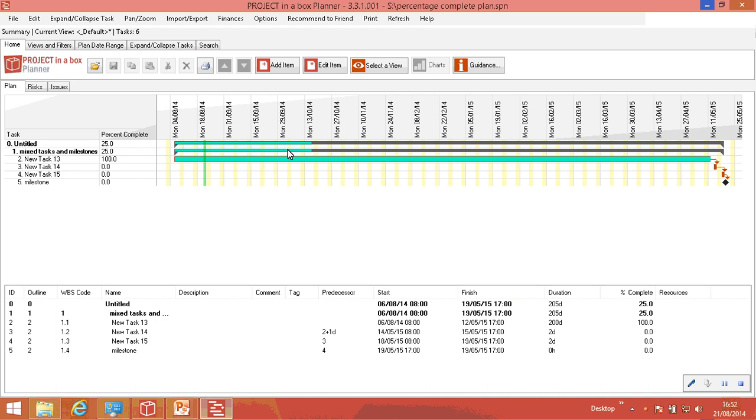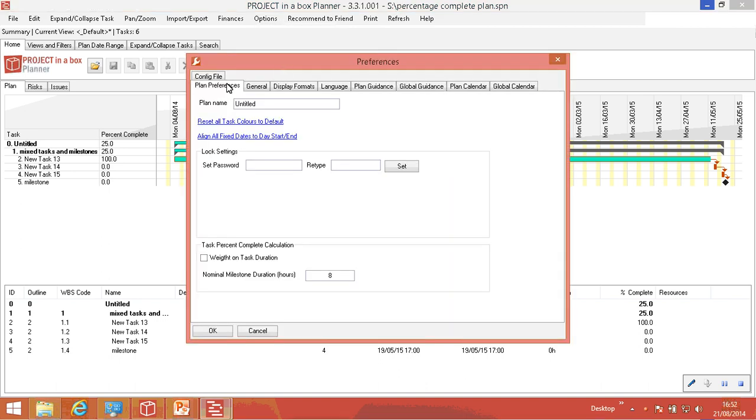Now when you've got an arrangement like this where one task is substantially longer than the others, you can get something that looks a little bit odd if you don't want to give them all equal weighting per task. So we can change that. We do that in options and preferences, and we do that here on plan preferences. At the bottom we have the default, which is to weight by number of tasks, or we can weight on task duration, and we can also set a token duration for the milestone. So let's switch that to weight on task duration,